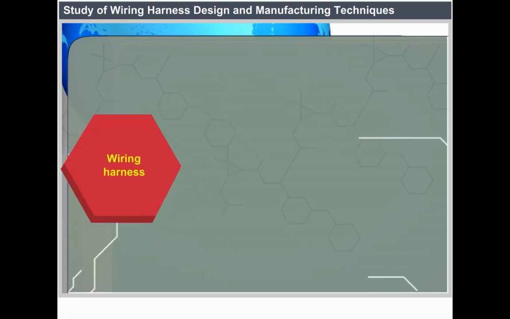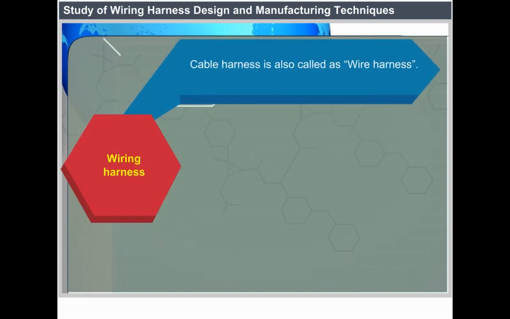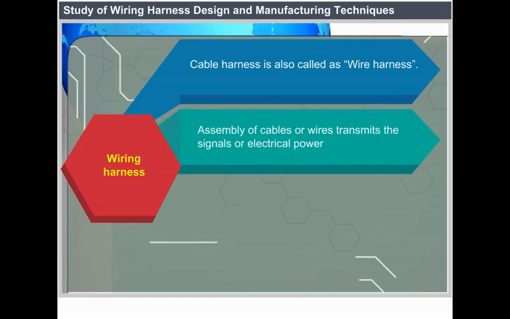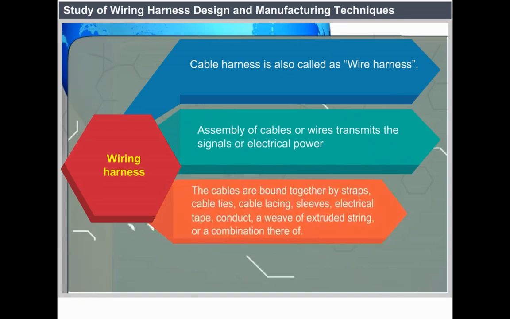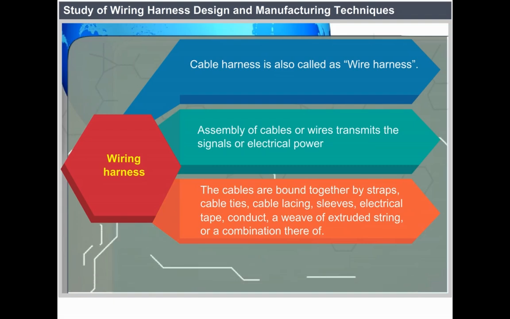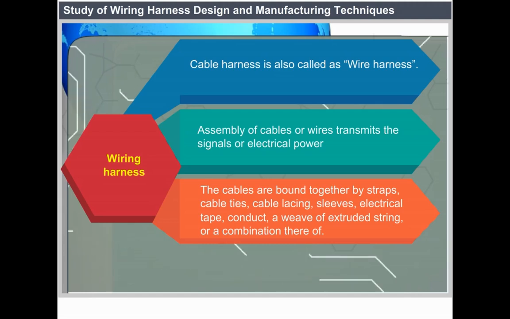Wiring harness. A cable harness is also called a wire harness. It is an assembly of cables or wires which transmit signals or electric power. The cables are bound together by straps, cable ties, cable lacing, sleeves, electrical tape, conduit, a weave of extruded string,